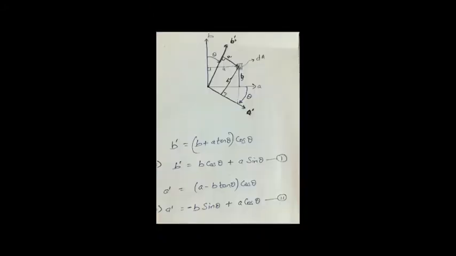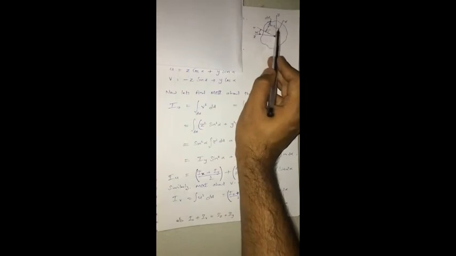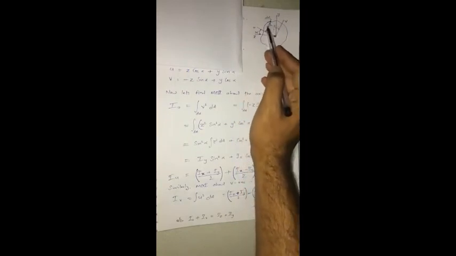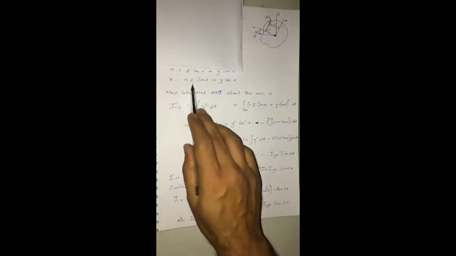Okay, now let's find out the moment of inertia about the axis u. Here we will be taking some elemental area dA. What will be the moment of inertia about the axis u? Iu will be nothing but distance v square integrated over the area A into dA, right? So we'll substitute the value of v in this equation from over here.